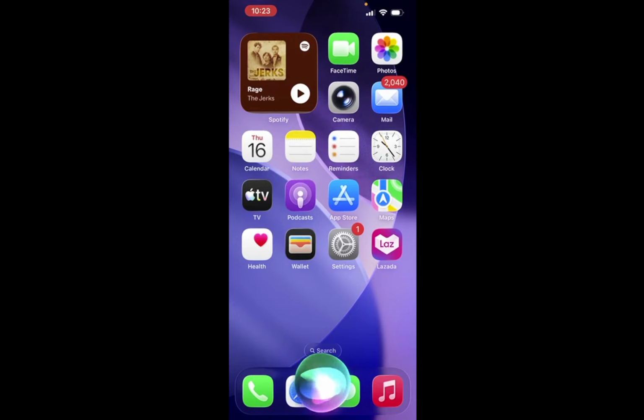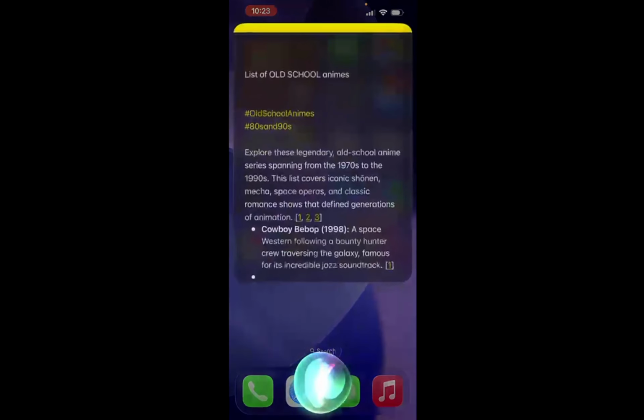In conclusion, using Siri with Apple Notes can significantly enhance your productivity. With just your voice, you can create, find, and open notes with ease. Whether you're in a meeting or on the go, Siri allows you to manage your notes hands-free. I hope you find these tips helpful. Give it a try and enjoy the convenience it brings to your daily tasks.